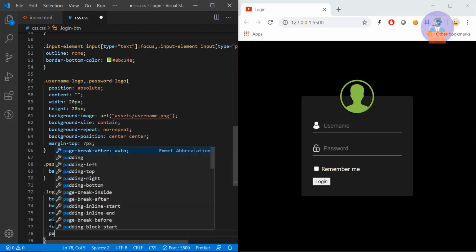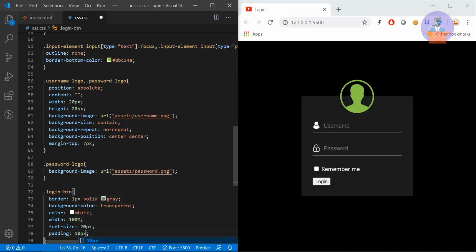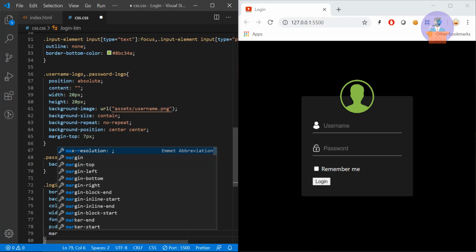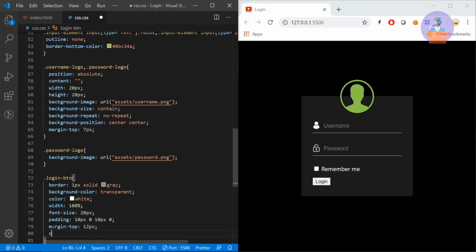Let's provide padding, top as 10 pixels and right as 0, bottom as 10 pixels, left as 0. Okay, and I will provide margin top 12 pixels and cursor as pointer.